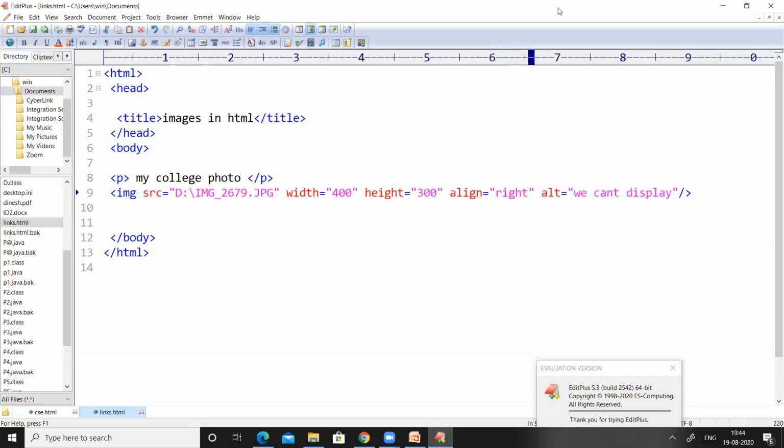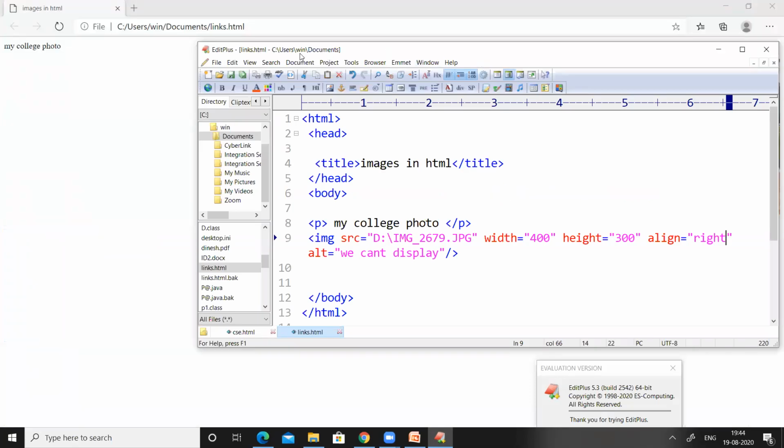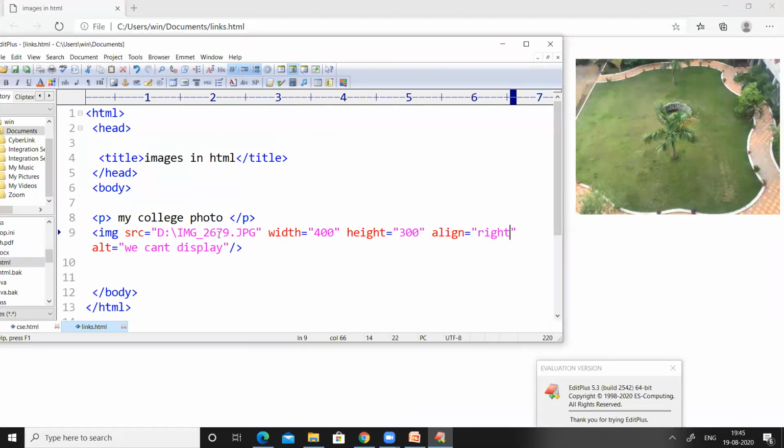You can see the image was shifted to the right side of the screen, because we have inserted an image with the name img underscore 2679, and the width of the image is 400 and the height is 300. And we have given alignment equal to right. So the image was shifted towards the right side of the screen.